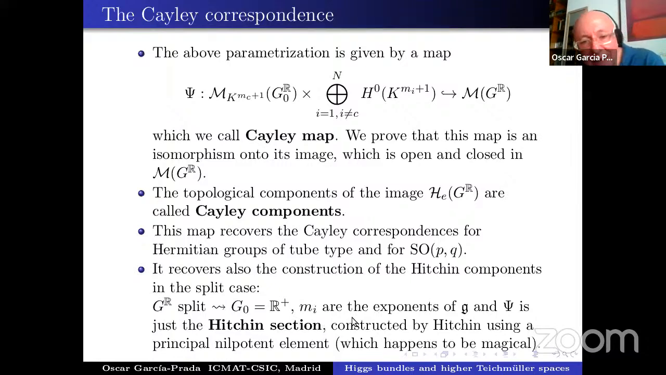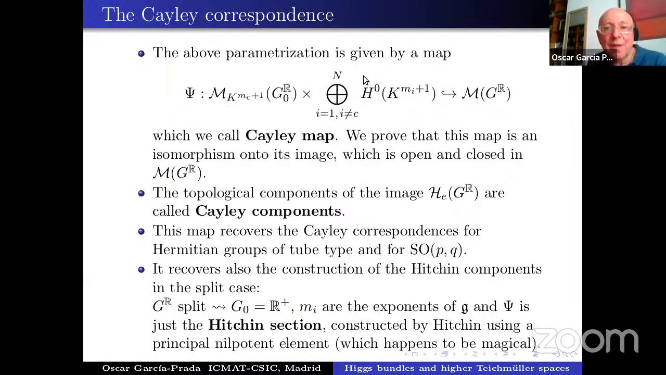That is obtained precisely out of the principal nilpotent. The principal nilpotent that always exists happens to be magical. And so that magical nilpotent, the principal SL2 triple, gives you exactly the Hitchin map. So you see, in this correspondence,